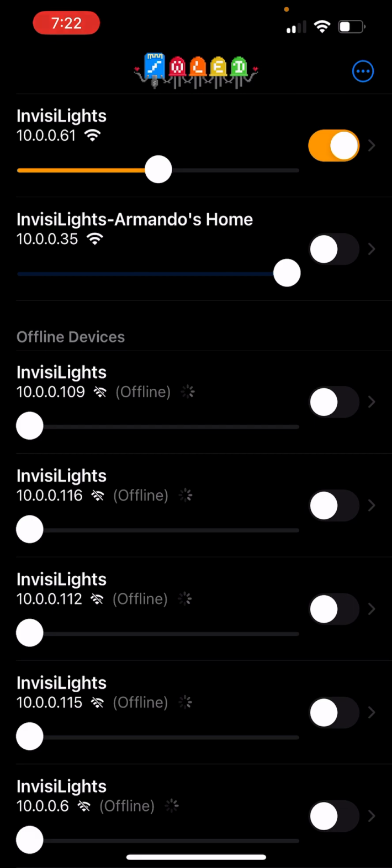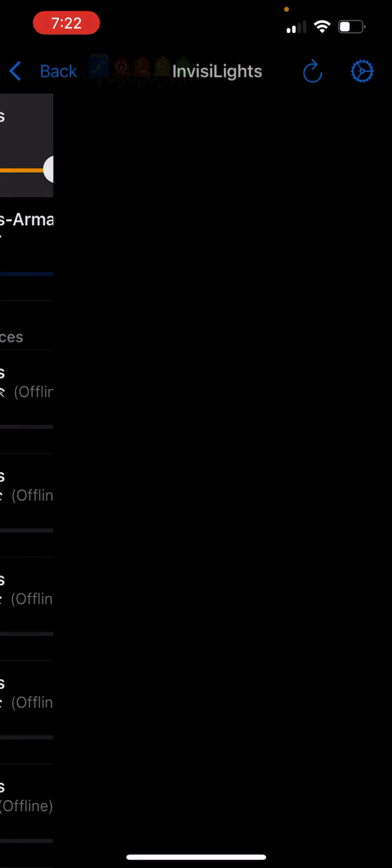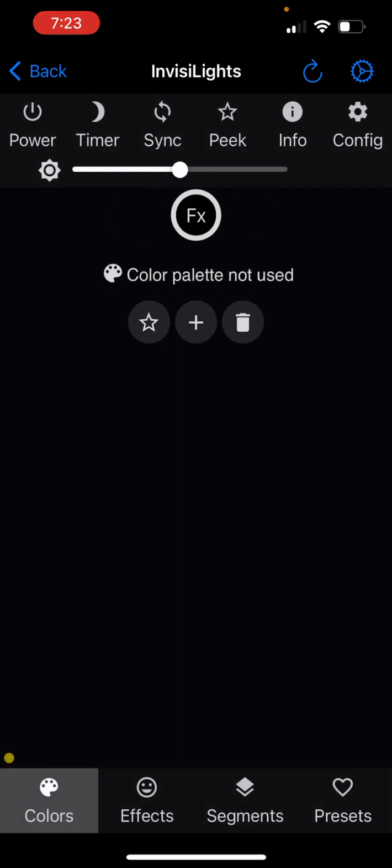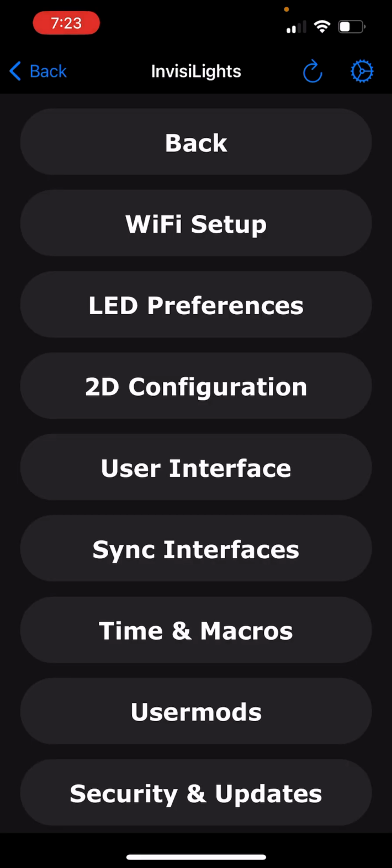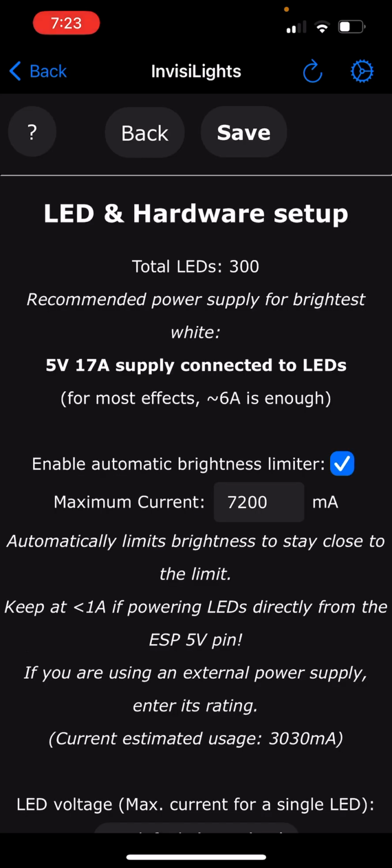Now they're orange because it just reset to this configuration. So I'm going to go ahead and click on InvisiLights and get back into my system. And I'm going to go there again, the top menu section. I'm going to go into config, top right of the screen. And I'm going to go to LED preferences because what it did is it restored it back to my case,